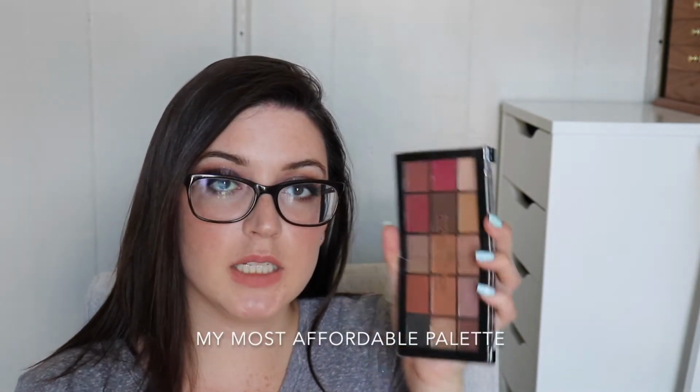The most affordable palette in my collection, I think, is this one. This is the Revolution Reloaded Iconic Vitality. This was in my Project Pan that I quit. Or not my Project Pan, but my Pan That Palette. I quit my Pan That Palette. I will link that video if you're interested. But yeah, this retails for like $7, so I think this was the most affordable. The other ones I had were like $12, $10, that kind of thing, so I think this one's